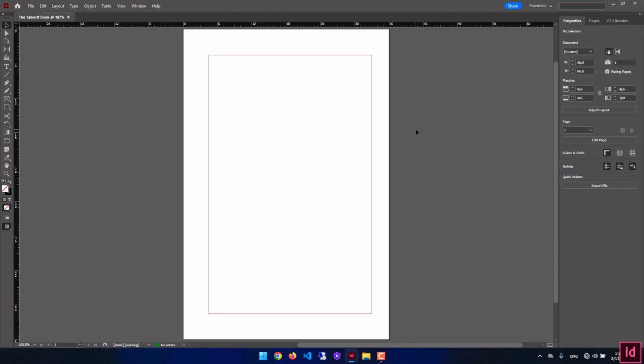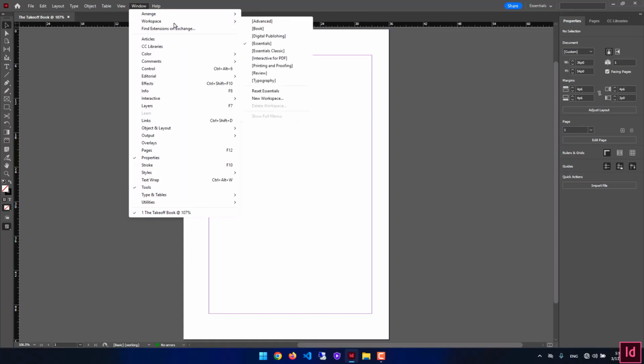So inside InDesign, just like any other Adobe software out there, we have workspaces. And they're a very important concept. So workspaces are visible if you come to Window, Workspace, and as you can see, we have a list of them: Advanced, Book, Digital Publishing, etc. Right? And as you probably know, if you already have a background and previous experience with other Adobe software,